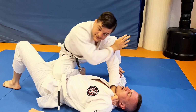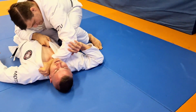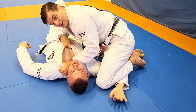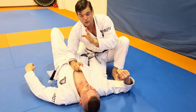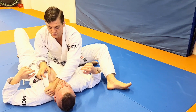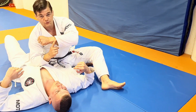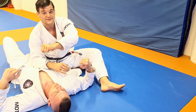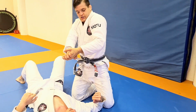I use this knee, come from here, and deal with that arm. Bam. It's also very important to really deal with the leverage here. So it's not that I hold and then try to extend my forearm into his neck with triceps. I hang onto his collar and then I